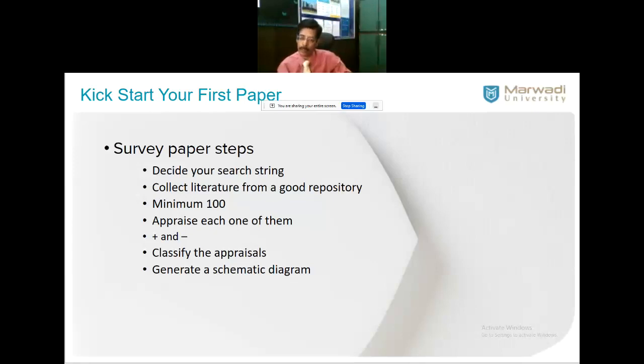So from the title, you know what you are going to do: the economic crisis, you are going to analyze it. So analysis of economic crisis is very good. Or strategies adopted by the Gujarat government for the economic crisis in the post-pandemic situation. Your guide will help you to improvise that kind of thing. Now this clearly states what you are going to achieve, right? The title itself. Secondly, the location: is it the state of Gujarat, or India, or the world? Then you are going to do analysis, right?